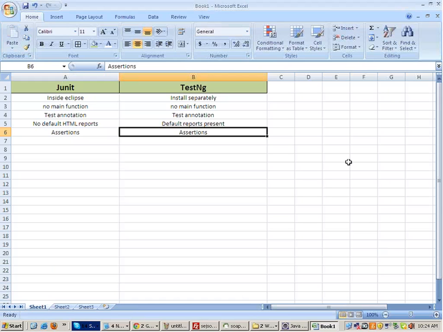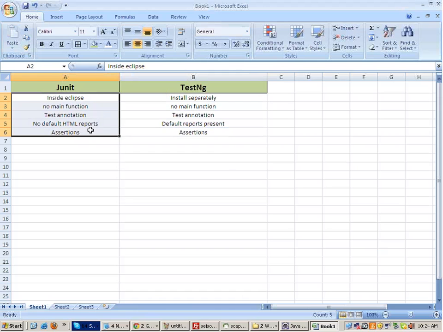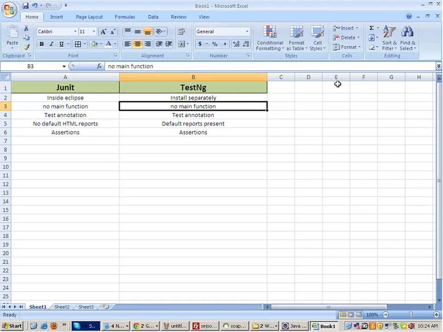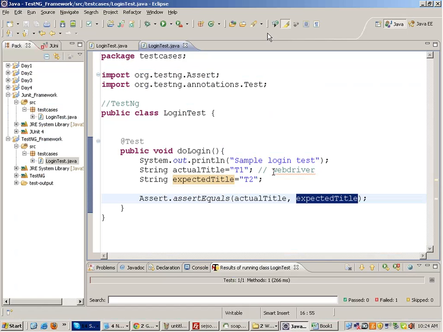If you want to parameterize data, the way you parameterize in JUnit is slightly different than in TestNG, but the overall procedure is the same, right? So it's not a big deal. It's not like if you learn TestNG you cannot learn JUnit, or if you learn JUnit then to learn TestNG you'll have to put in a huge amount of effort again. No, it's not like that. Okay. So now what we'll do is